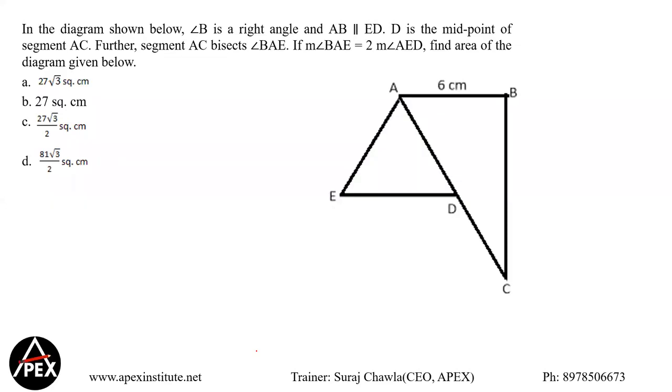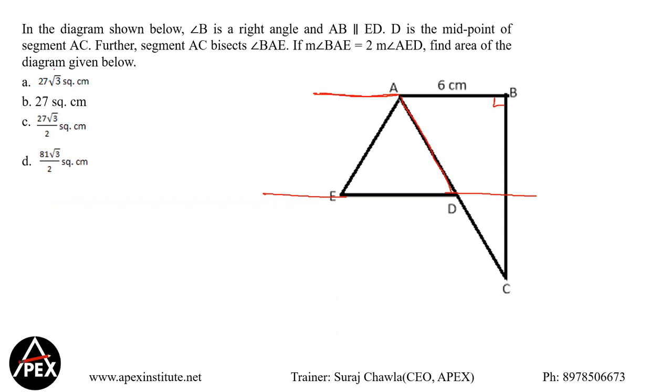Let's discuss this. So it says angle B is a right angle. Okay, so if I understand, this is my right angle. Now AB is parallel to ED. So if it's parallel, for our understanding's sake, I would always extend, because there are two transversals. So I have AB as a transversal coming up, and do not forget that your AE is also a transversal. So the two transversals available for you.